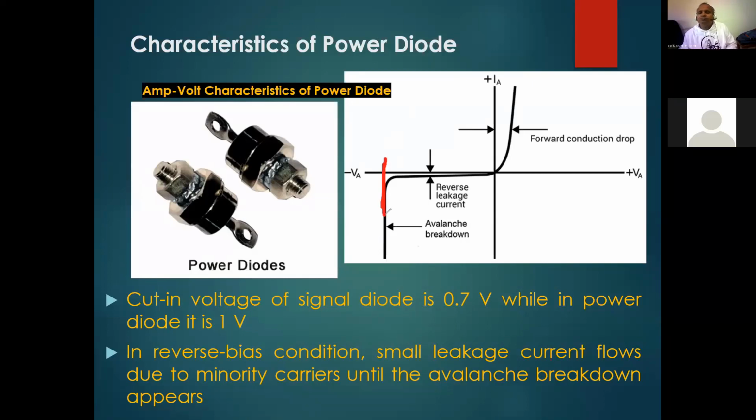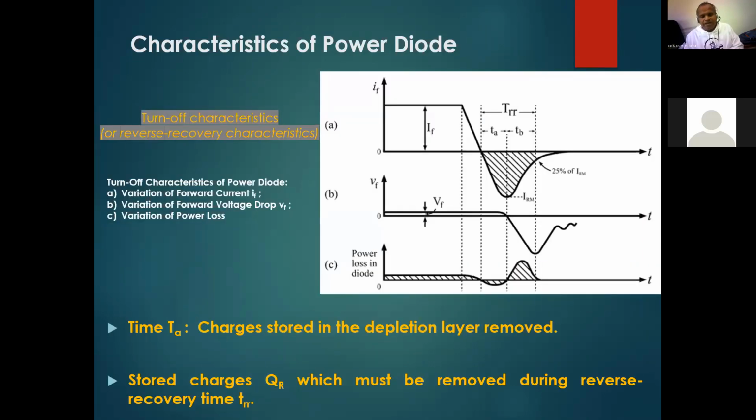So there is a small leakage current in the reverse bias. When you require blocking voltage, for example, you are applying a sinusoidal waveform, when it is forward bias, the voltage will pass, and when it is reverse bias, it must block. And this is the turn off characteristics, for reverse bias started from this place.